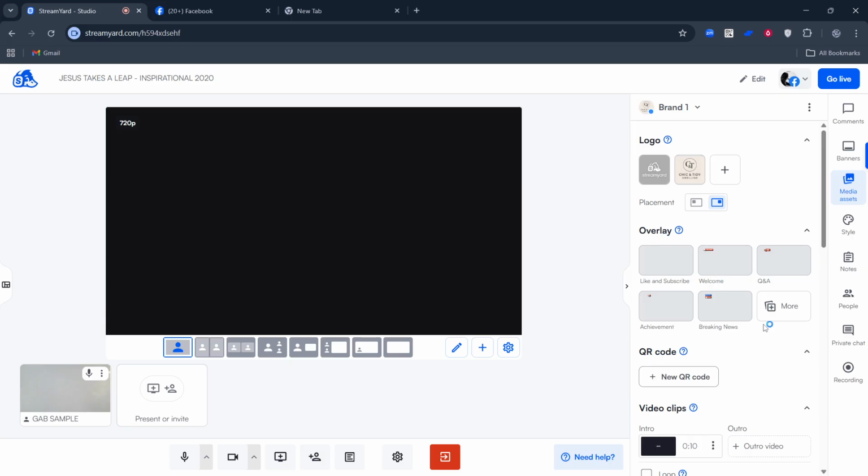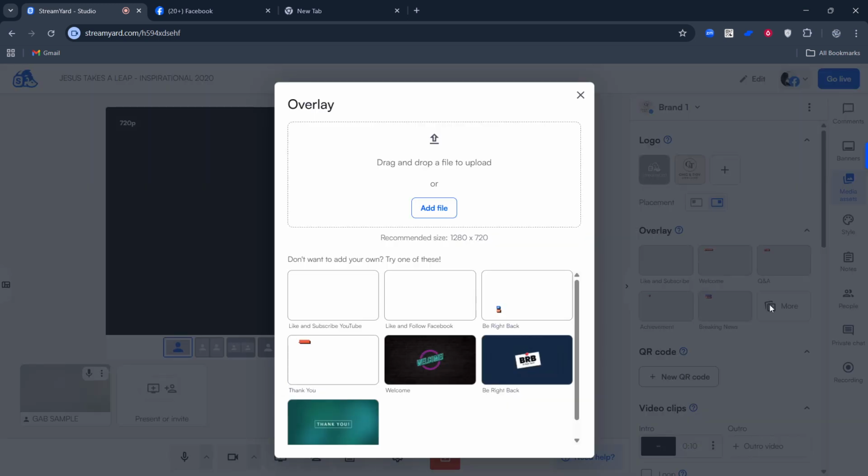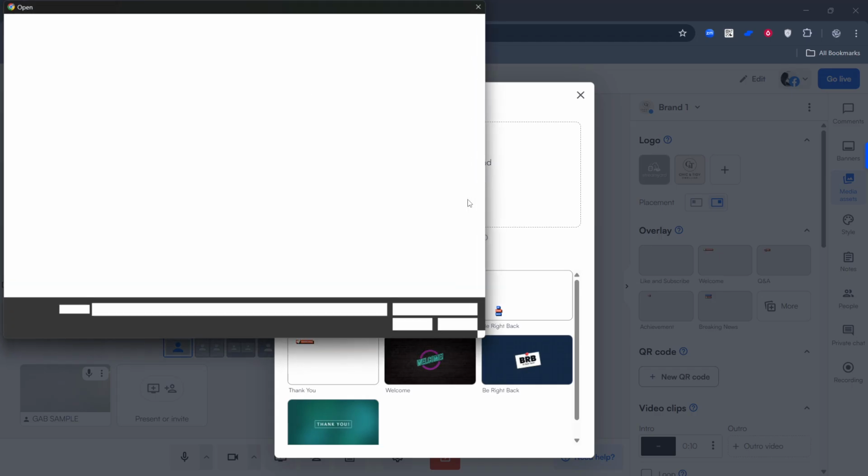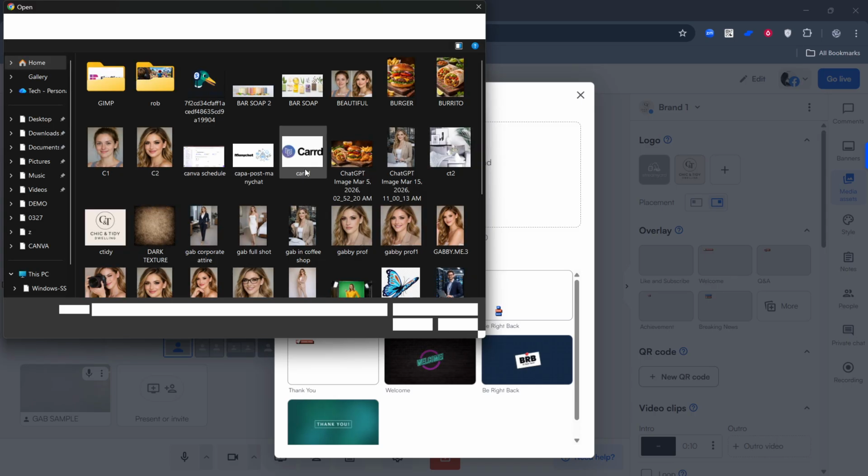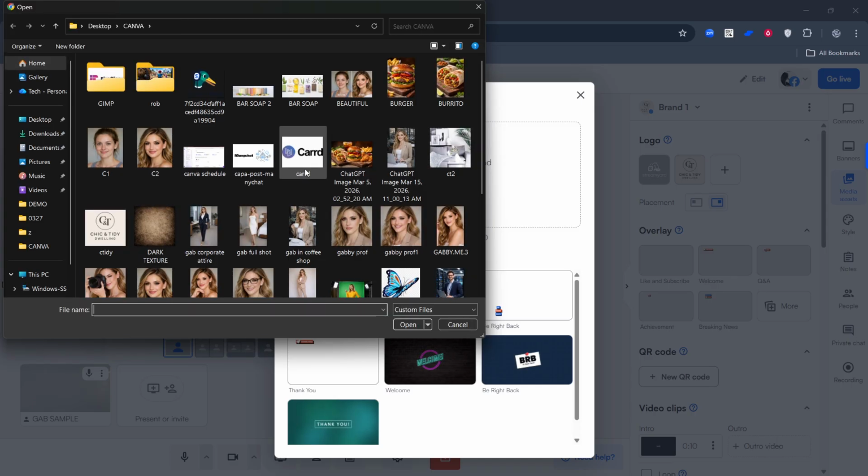Click Upload, or the plus icon, then choose your overlay file. Again, a PNG or GIF with transparency works best. If you're uploading an animated GIF, give it a moment. Larger or animated files may take slightly longer. Wait for the upload to fully finish so it's ready to use. You'll see a thumbnail appear in the Overlays section once it's processed.